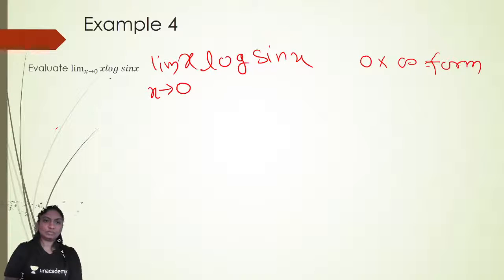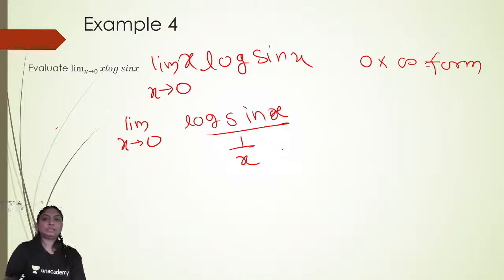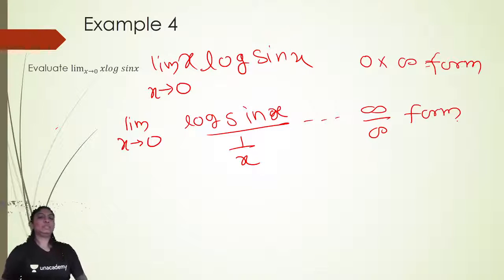Now the limit as x tends to 0 of x log sin x is equal to the limit as x tends to 0 of x into log sin x. We can adjust it as log sin x upon 1 upon x, right? So you will get here infinity upon infinity form, right? Sin 0 is 0, log 0 is infinity, upon 1 upon 0 is again infinity. Okay, so using L'Hospital rule,